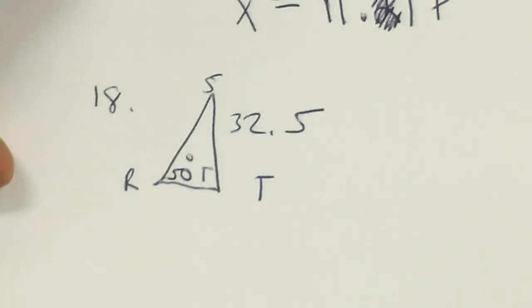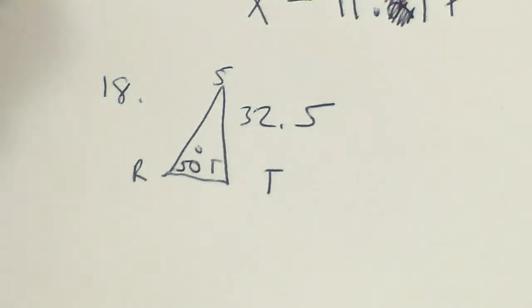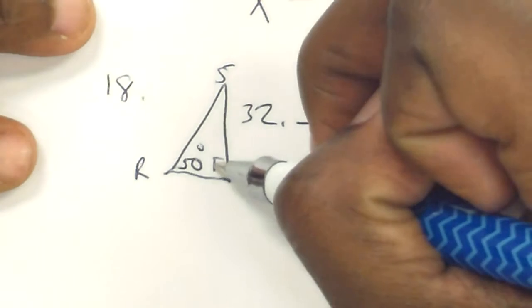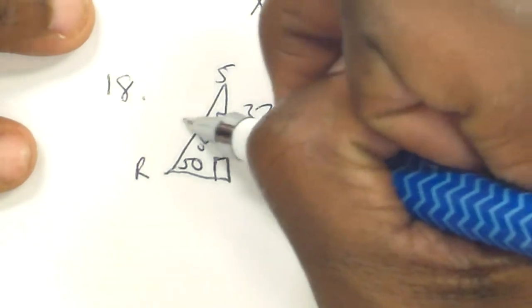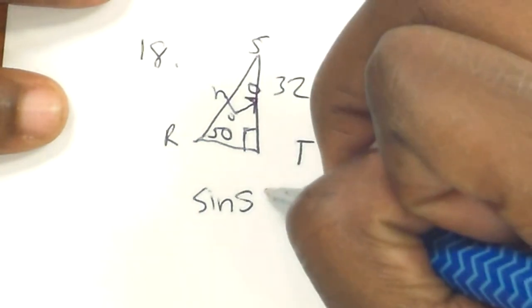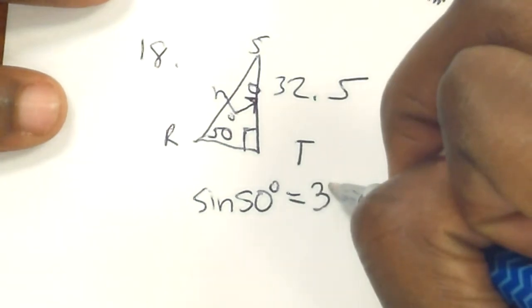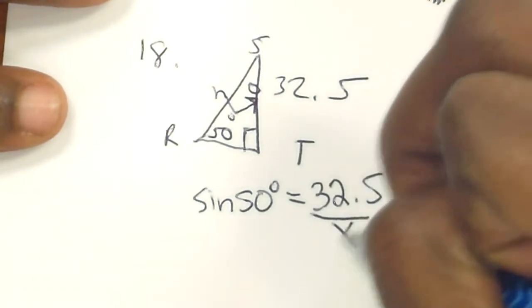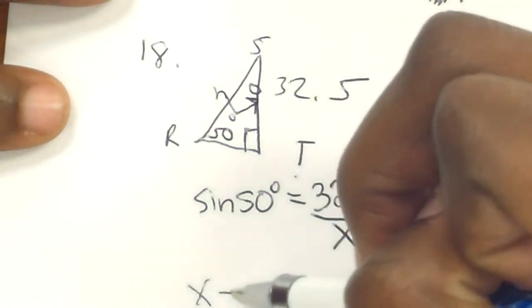On number 18, we're looking to find all the unknown measures and round to the nearest hundredth on lengths and nearest degree on angles. So let's start with our given. We're given the opposite, and then let's go ahead and find the hypotenuse, because since we can find anything, you can start with wherever you choose. So I'm going to do sine 50 is equal to opposite over hypotenuse. Remember, I know that when the x is in the denominator, these two flip-flop, and so x equals